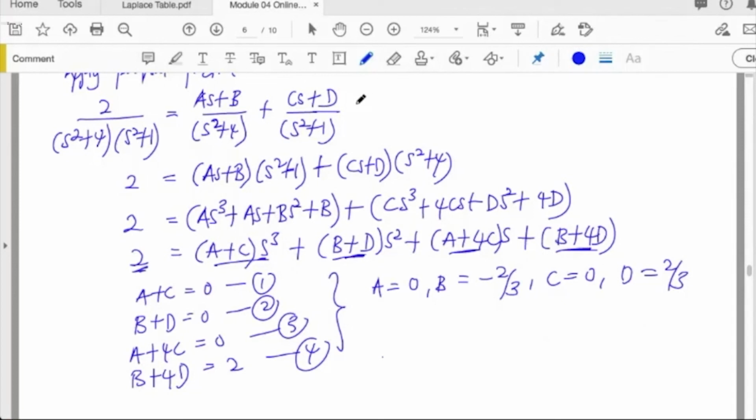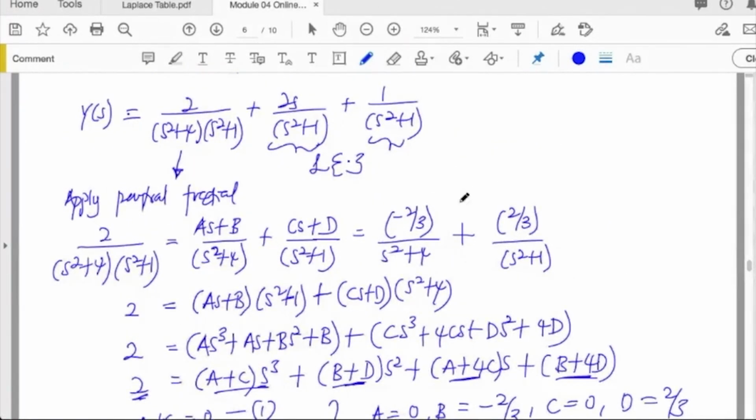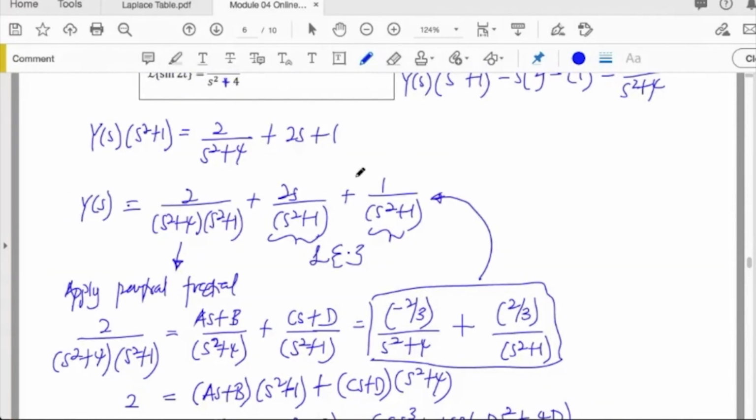So your a is 0, so your b will be equal to negative 2 over 3 times s squared plus 4, plus c is 0, so d is 2 over 3 times s squared plus 1. With that information, you put it back. With that information, you combine back inside your Y(s), so Y(s) will give you the function: